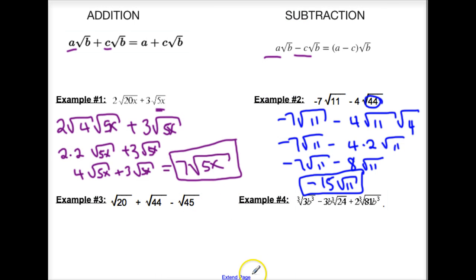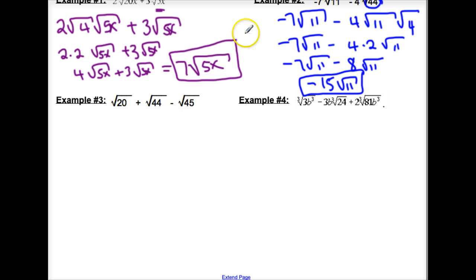Now moving on ahead, we have example 3. Now this one looks like a lot. So square root of 20 plus square root of 44 minus square root of 45. So I need to break all of these down because I know it's not in simplest form. I know 20 is 4 times 5 plus 44, which we did up here, is actually 4 times 11 minus, and then 45 is